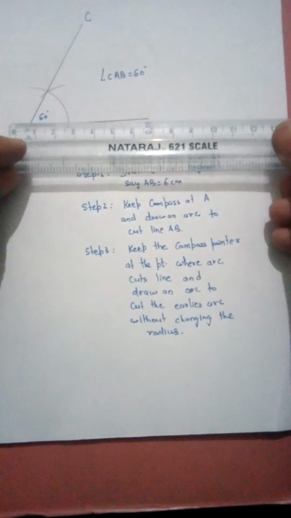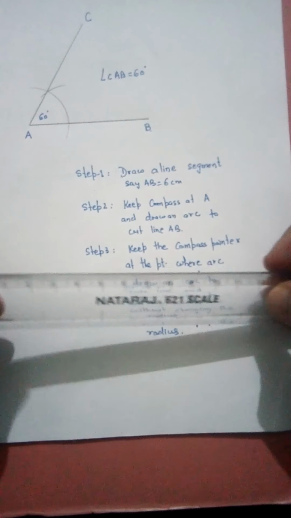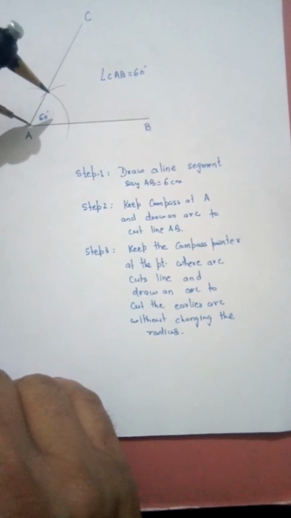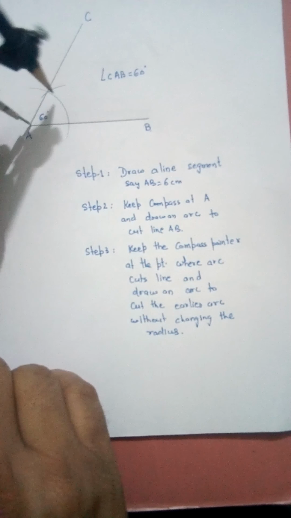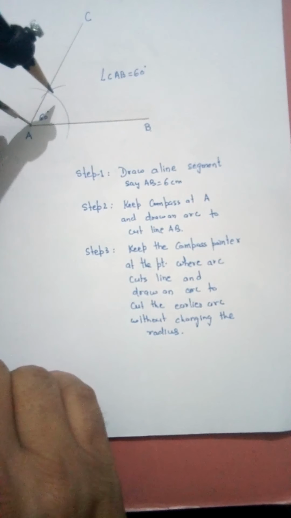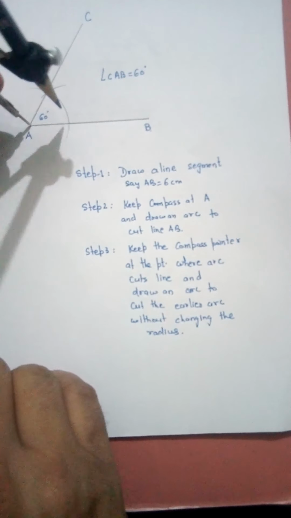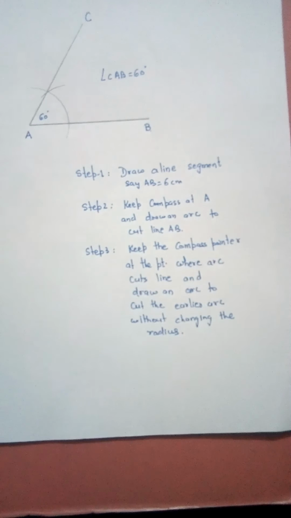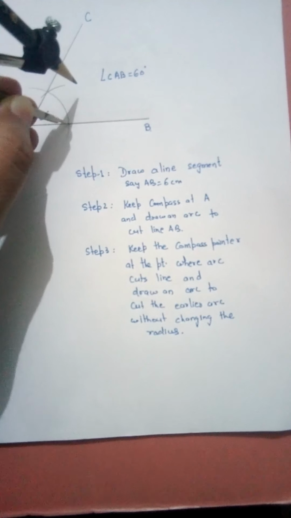So I have drawn AB equal to 6 cm. Then you have to keep the compass at point A. I kept the compass at point A and drew an arc to cut the line AB, correct? Keep the compass pointer at the point where the arc cuts the line. This arc is cutting the line here, so I kept the compass here and drew an arc to cut